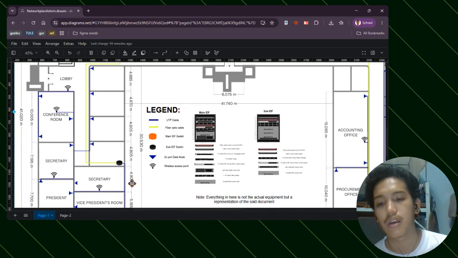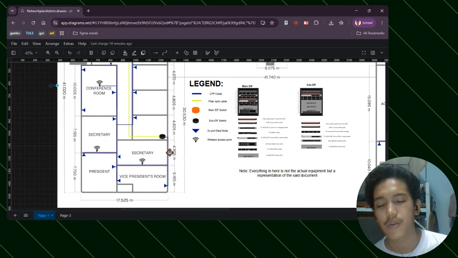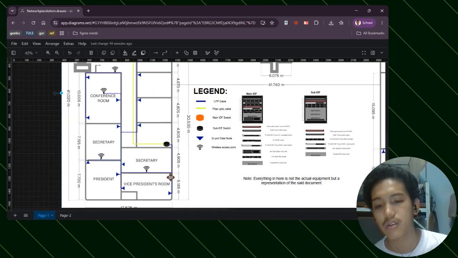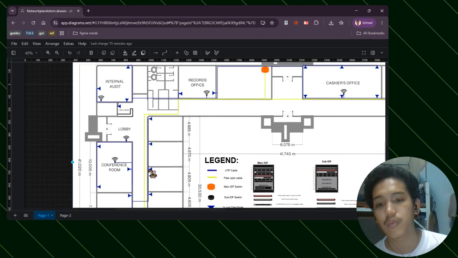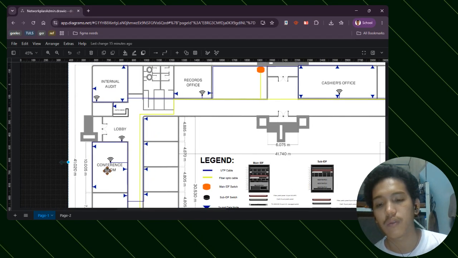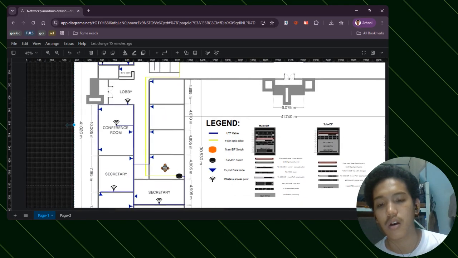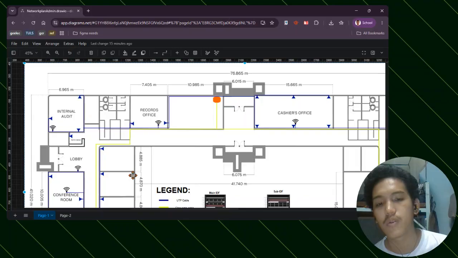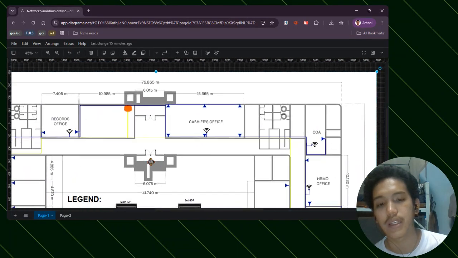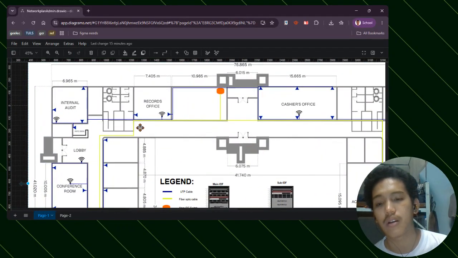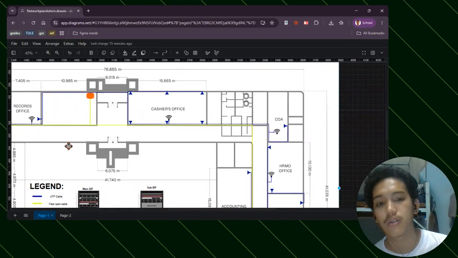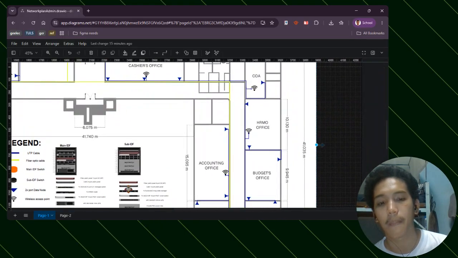Let's go to the left IDF first. This IDF connects the data nodes and wireless access points from the secretary up to the conference room and the four vacant rooms ahead. The main IDF connects the entire hallway from internal audit to the COA.